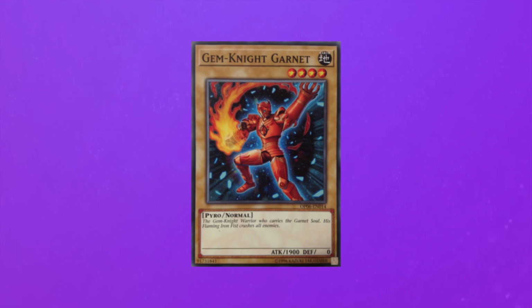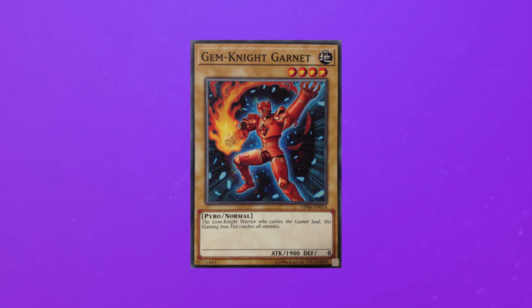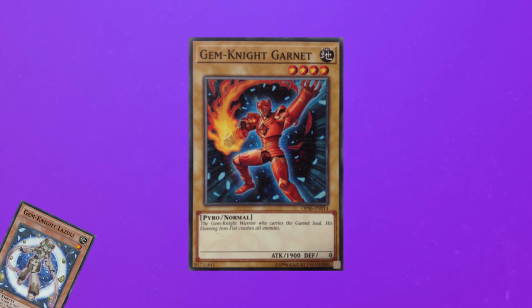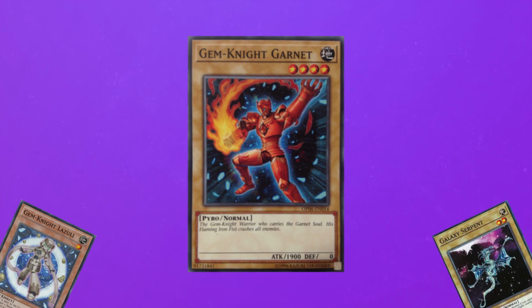This, in most cases, is the best Gem Knight to play simply because of its 1900 attack. However, you could also recur a Lazuli to recruit a normal monster from your grave to hand. One amazing example of Lazuli being practical is either to go for a Galaxy Serpent and normal summoning it as